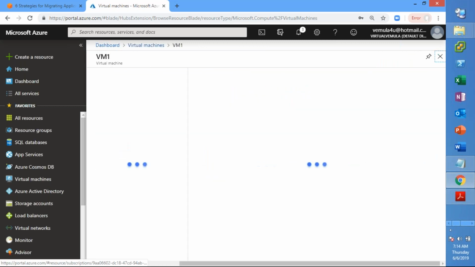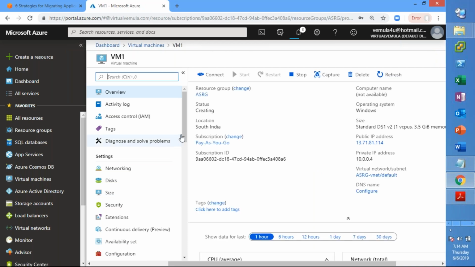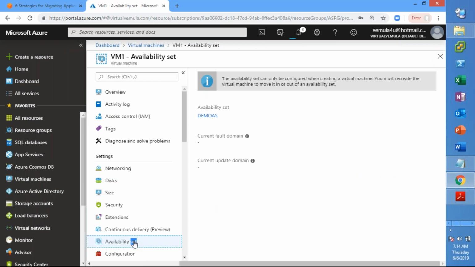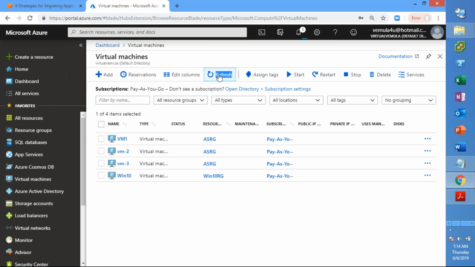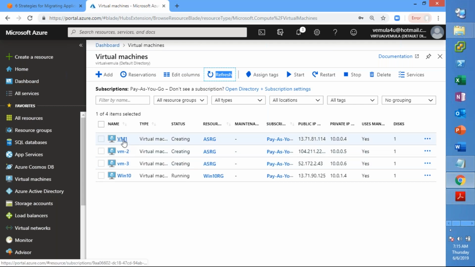Let me go and quickly see within the availability set, right? So it is still updating, it seems, still creating, but we'll be able to see what are those fault domains and update domains in which this particular VM is in, right? Just let us wait for a minute or so. Once the VM is created, then you will be able to see all these VMs